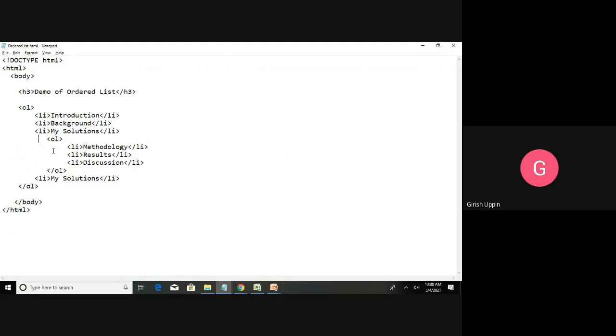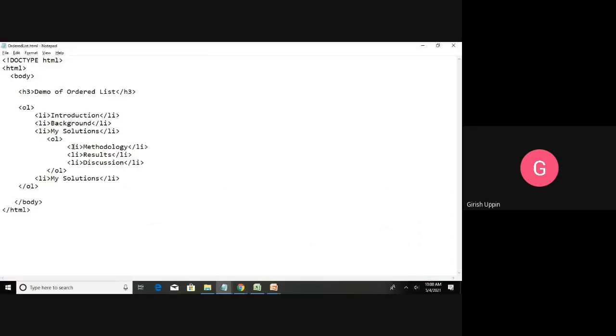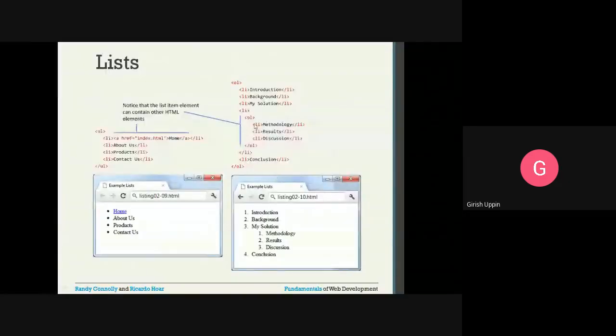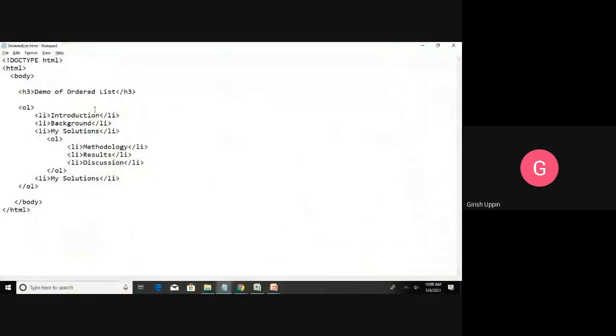Here, after the LI, I directly have another OL, ordered list. I did not put this OL inside the LI, but still the page is rendered without any problem. So some variations it will absorb. If you want exactly what we have here, what I don't have is this LI. I will just add that. We will see if there is any difference.